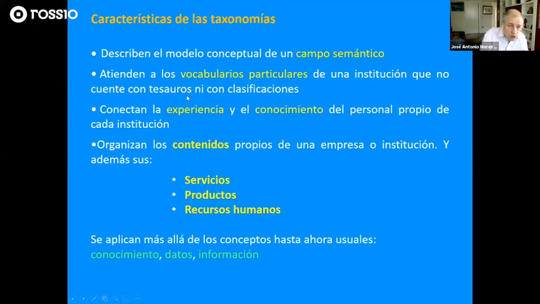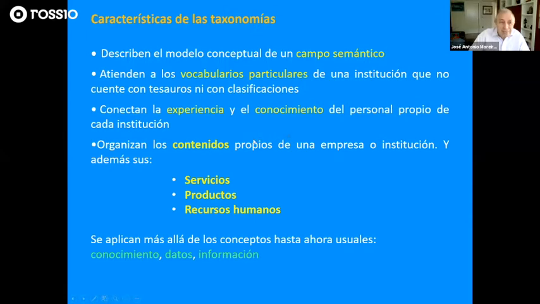En ese despacho de abogados, cuando se va a jubilar un abogado, puede dejar en una taxonomía su conocimiento personal para que se aproveche de ello los que continúen en el despacho y quienes vayan a aplicar la experiencia a la manera de enfocar, por ejemplo, un juicio desde la línea marcada por ese despacho de abogados. Organizan las taxonomías los contenidos propios, por tanto, del mundo académico, pero también los de las empresas